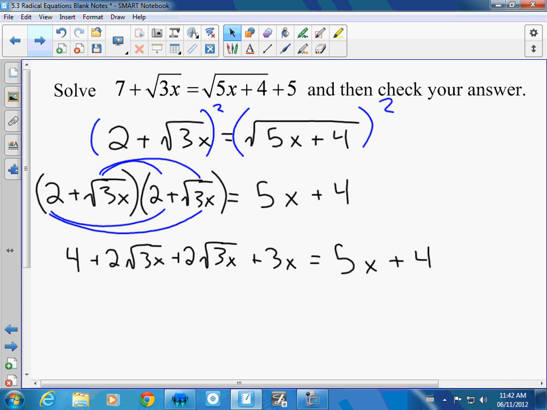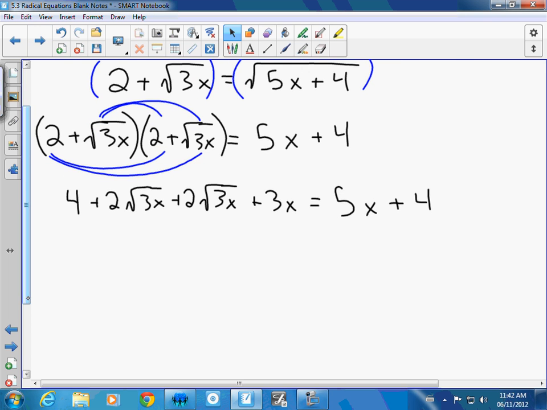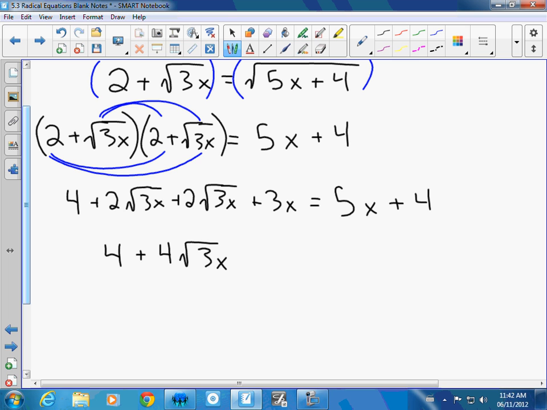Okay, now, that's a bunch of garbage up there on the board. What do we got to do? We got to combine all the stuff that's the same, right? So let's combine some of this stuff just to make our life a little easier. So 4, okay, now, 2 root of 3x plus 2 root of 3x. Root of 3x, that doesn't change, right? That's our addition. That rule is still the same. So 3x plus 3x equals 5x plus 4. Now,